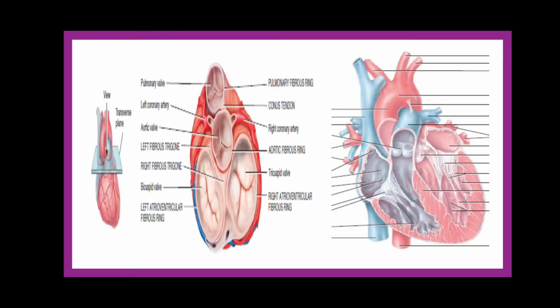I would like to show you the valve feature: if you take a transverse section, you can see the features of the valve. Since this is tricuspid, as you can see in the diagram, it has 3 cusps, and since this is bicuspid, it has 2 cusps. So this is the name, bicuspid and tricuspid. The pulmonary valve and the aortic valve are pointing upward, and tricuspid and bicuspid are pointing downward, as you will see in the diagram.